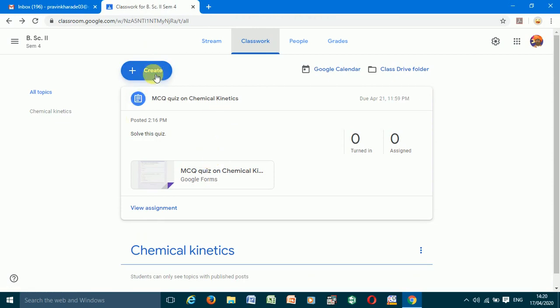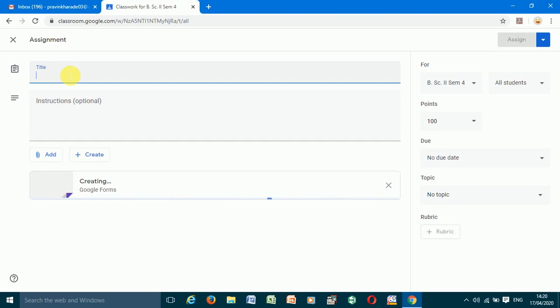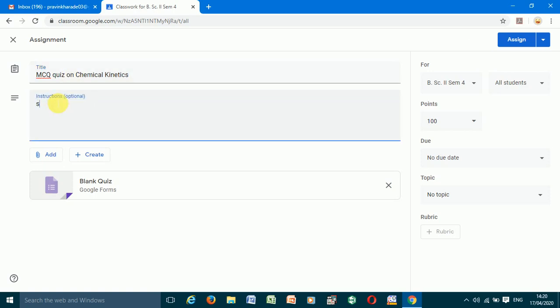The same quiz will assign, quiz assignment, again MCQ quiz on chemical kinetics. You can give some instructions, solve the quiz,